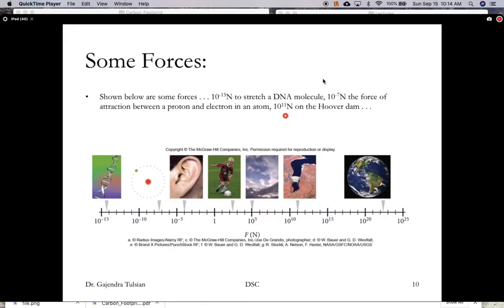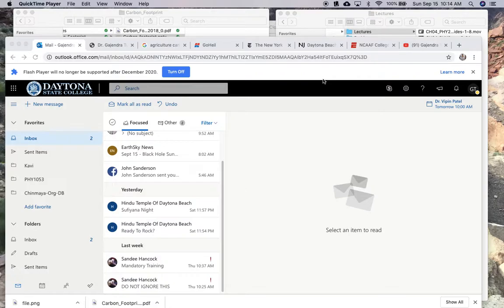Now the weight of a person is around 700 newtons. We'll call it 1,000 newtons. So that would mean 10 to the 8 times 10 to the 3 is 10 to the 11 newtons. So the force on the Hoover Dam of this water